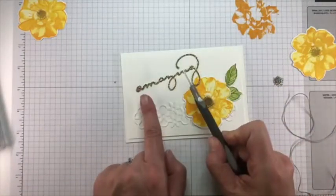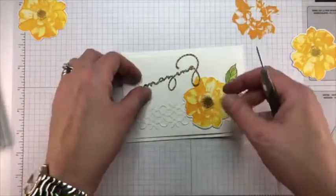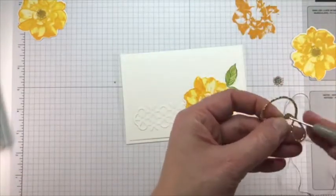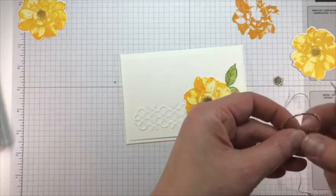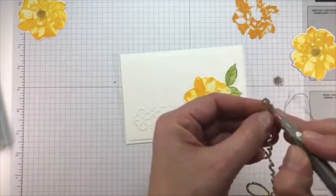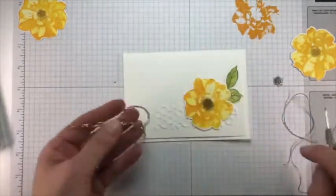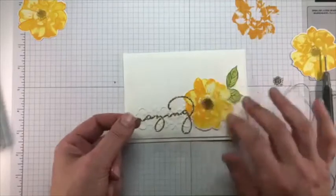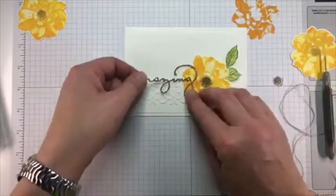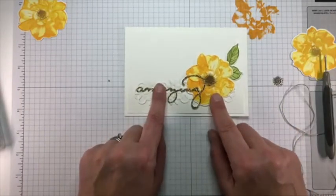I love this. I just think the font, the flow of it, is just so beautiful. And die cut in glimmer paper, as I've done here, I've done the gold. It's just stunning. And I just thought that needed to be used. And I thought the gold with the golden tones of that would be just beautiful. So I think I would like to put that,